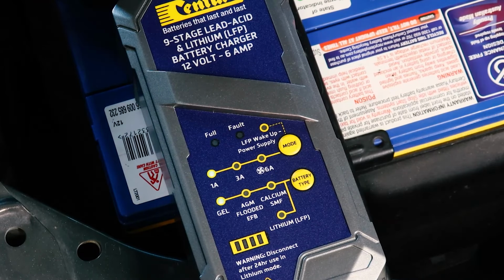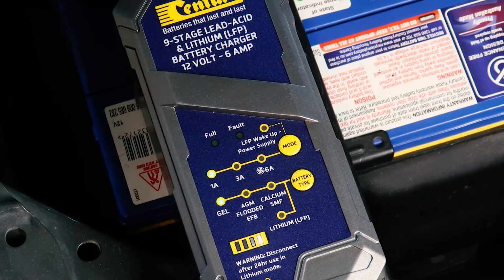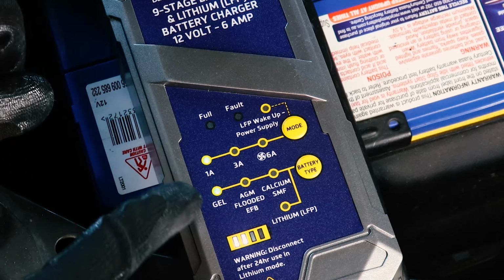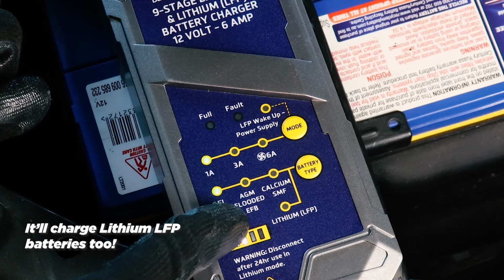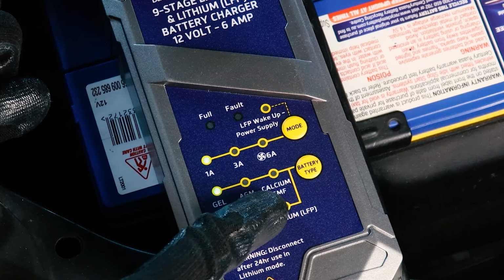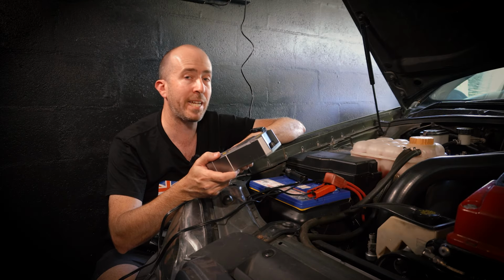If you have a close look at the screen here, you'll see there are settings for 1 amp, 3 amp or 6 amp charge rates, and there's also battery type options for gel, AGM, flooded and EFB, or calcium SMF, which is what we've got here. SMF stands for sealed maintenance free, and that is what the vast majority of automotive lead acid batteries are on